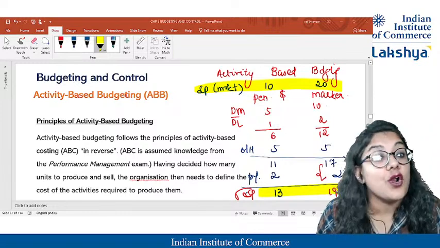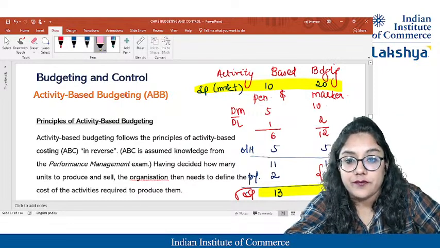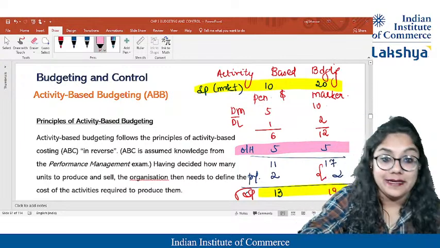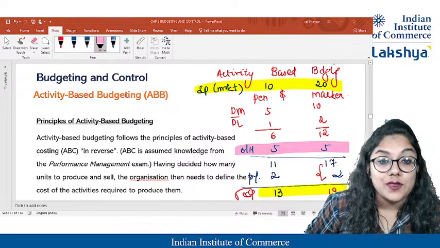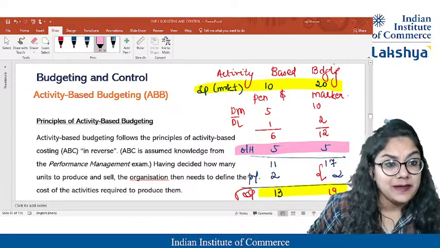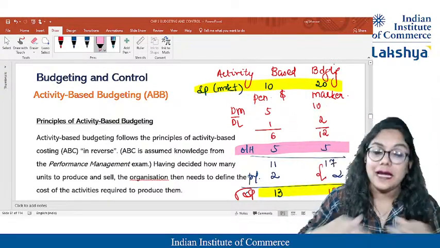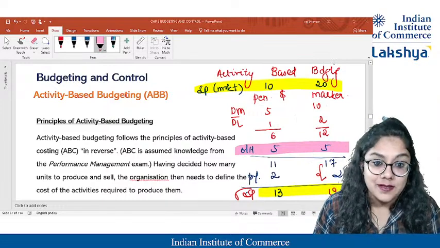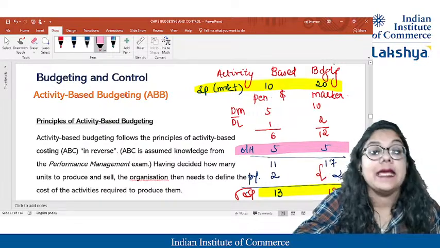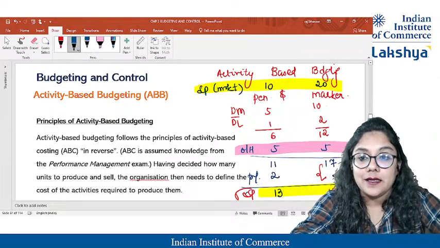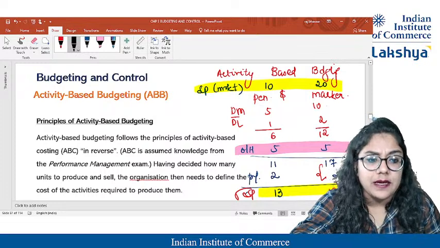But in the long run, it is a wrong position, because the mistake is because of these overheads of 5 and 5, which are just bifurcated on a 50-50 percentage basis. In the traditional basis, they were doing it by number of units. Let's say I was manufacturing 50,000 pens and 50,000 markers, so I just divided equally. Students, the traditional method was very bad. That traditional method was known as absorption costing, which was okayish and from very long back.